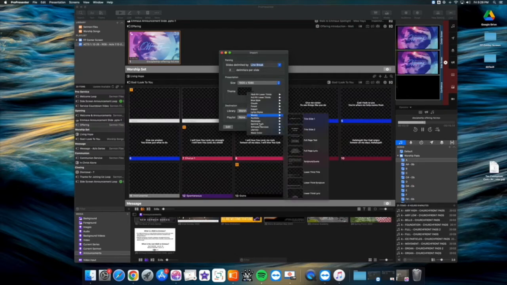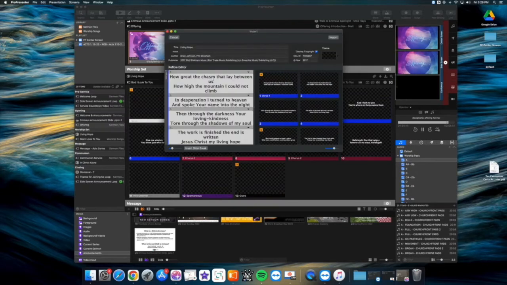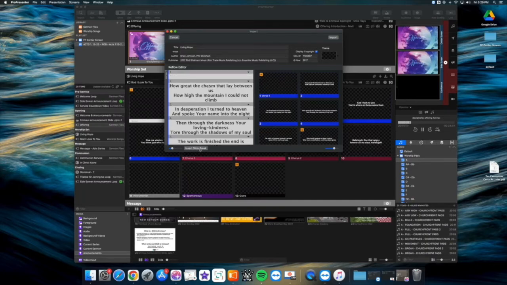We can check our theme. So Stillwater Services, yes, streaming two-line center is the one that we want. And then check that our library is worship songs, and then you click edit. Now, under this, what we are checking is we're adding in a few different things that make it so it works for us. So at the very beginning of the first word, you hit insert slide break,